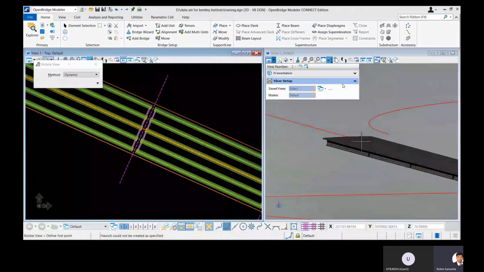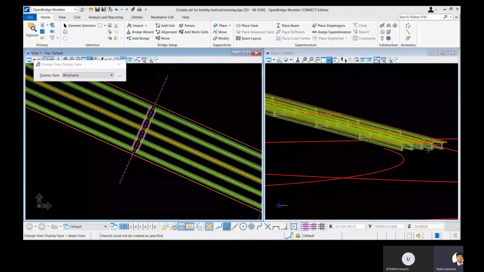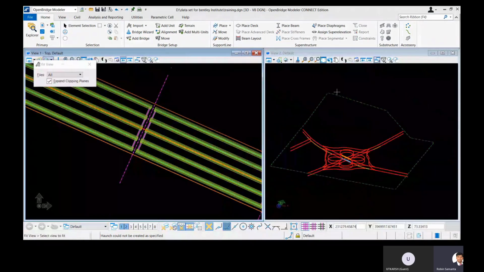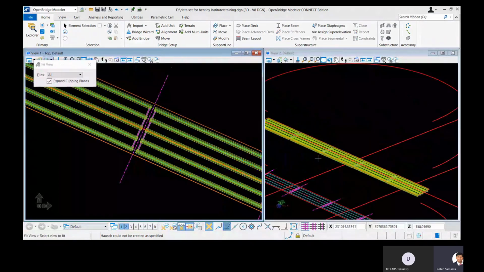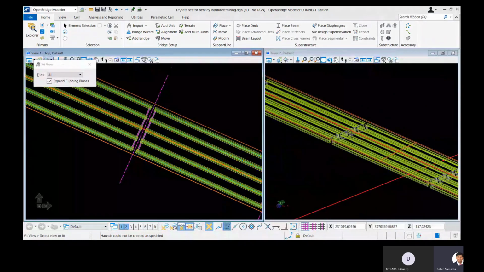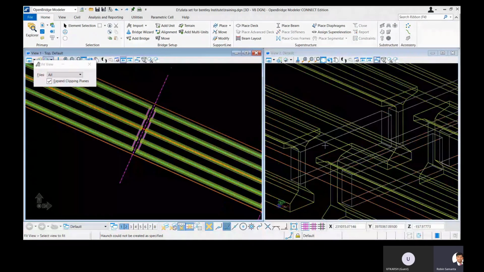And if you change the view to transparent, you can see how it places the diaphragms. And by looking at these features, you can actually edit the diaphragm sizes if you need to. So once we have placed the diaphragm, it's almost complete for the superstructure part, and then immediately we move to define our substructure. So as you see here, through OpenBridge Modeler, we are not defining anything by dimension, or creating anything. We're just selecting from templates.